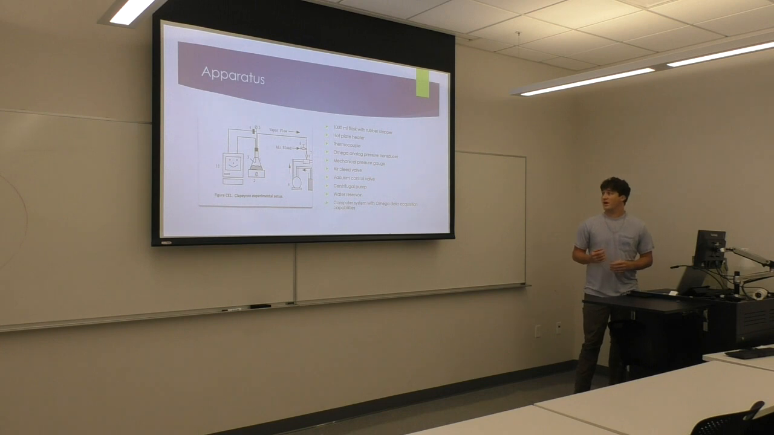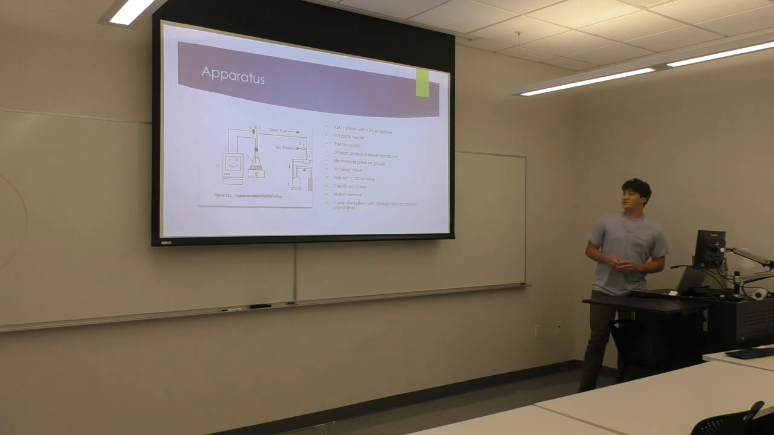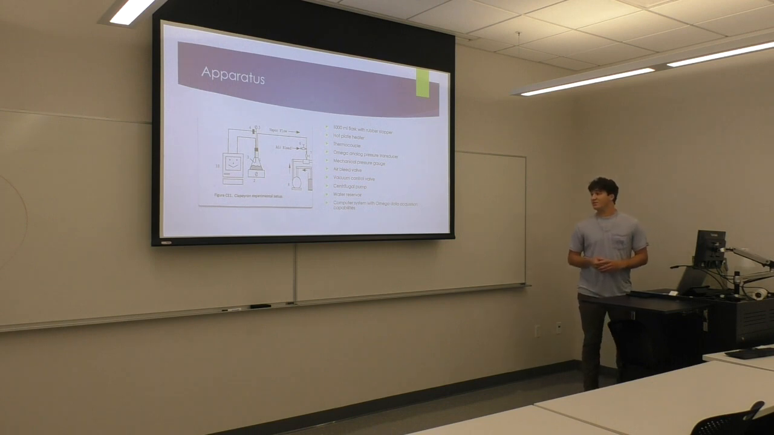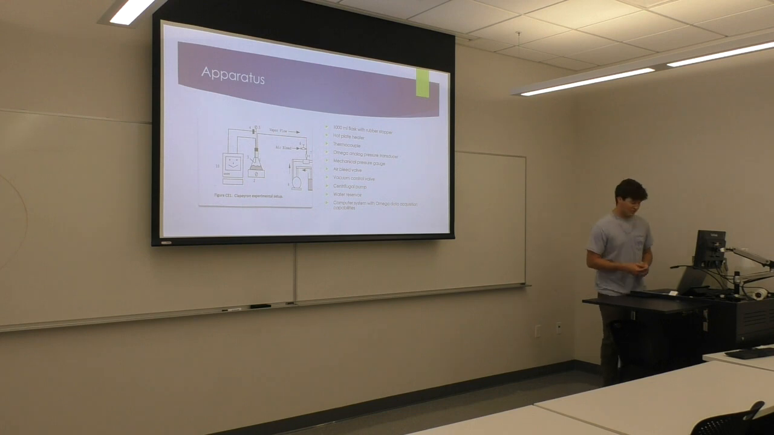Four is your Omega analog pressure transducer. Five is your mechanical pressure valve. Six is your air bleed valve. Seven is your vacuum control valve. Eight, your centrifugal pump, your water reservoir is number nine, which is cut off in this, and the computer system is number ten, where your data is going to be